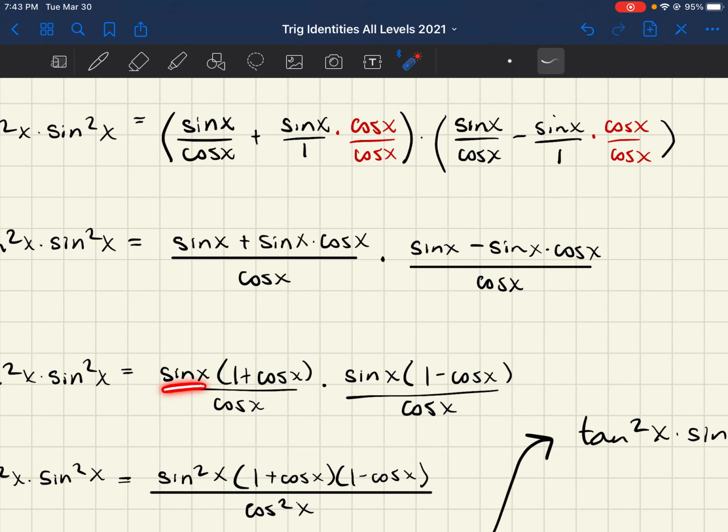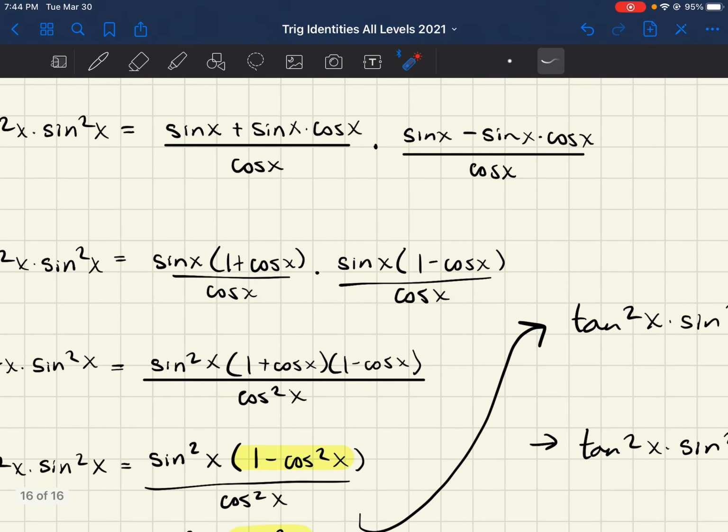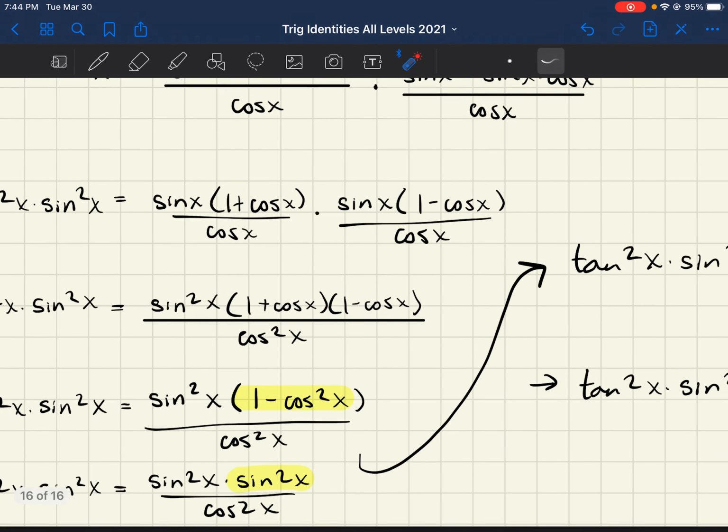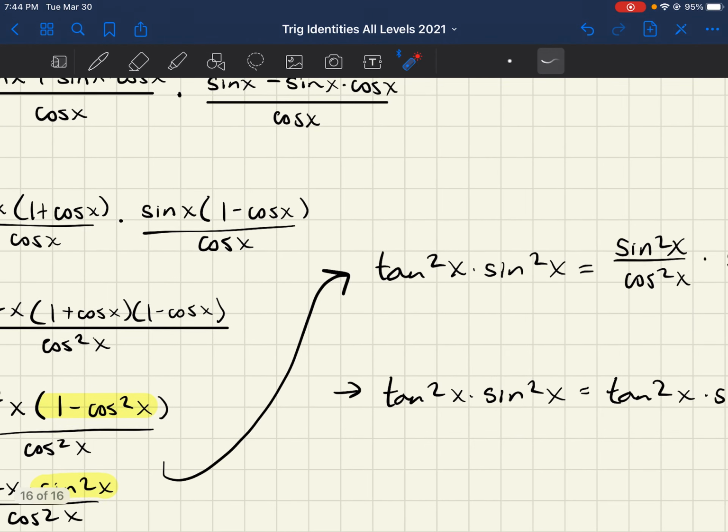And now we can multiply. Sine times sine, there's sine squared. 1 plus cosine times 1 minus cosine. I'm going to leave those alone for right now. And then in the denominator, cosine times cosine, cosine squared. Now we can go ahead and FOIL these two. When you FOIL them, you're going to get 1 minus cosine squared. Two of those pieces, the inside pieces, they'll end up canceling. And we know that 1 minus cosine squared is sine squared. So now we have sine squared times sine squared over cosine squared, which I'm going to break into